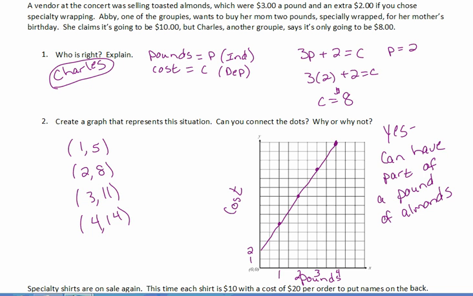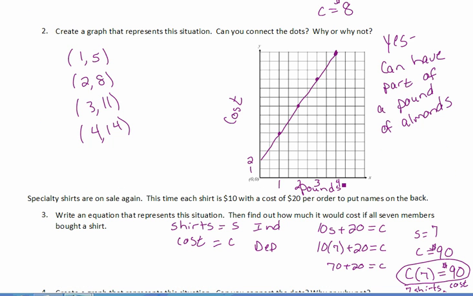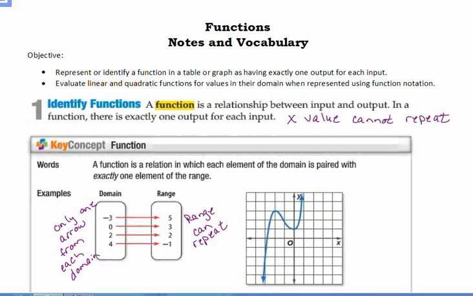We're going to talk about functions and go over that a little bit more. We're going to talk about continuous and discrete functions. And we're going to talk about function notation. So go ahead and get your notes out for this section. Okay, objectives of this section are to represent or identify a function in a table or graph as having exactly one output for each input, and to evaluate linear and quadratic functions for values in their domain when represented using